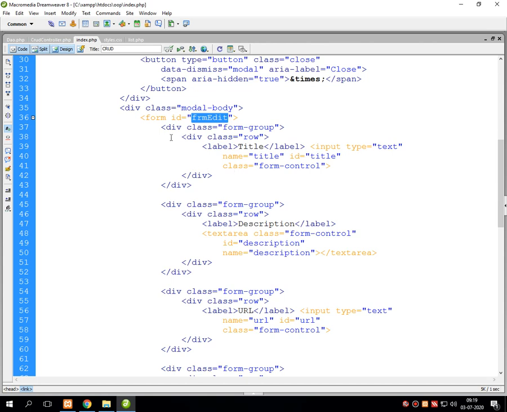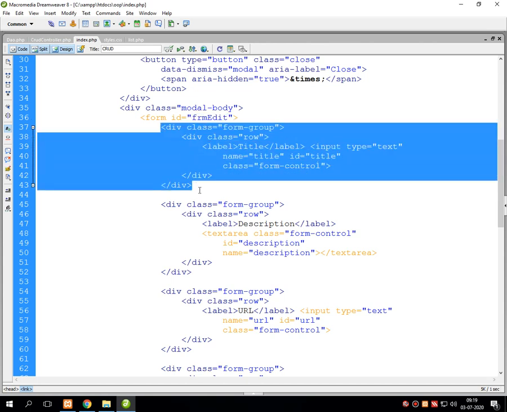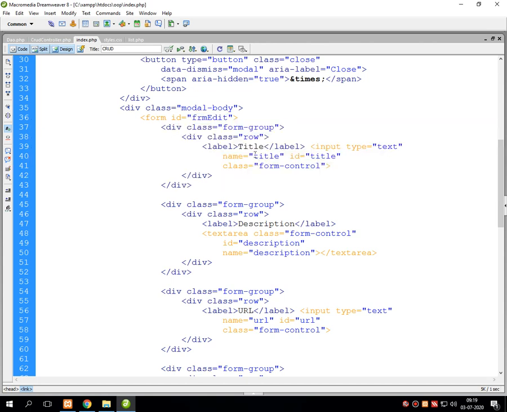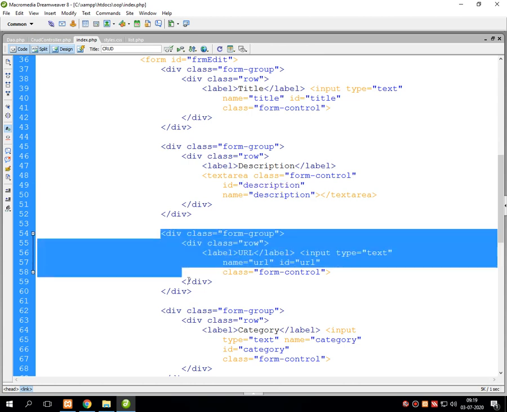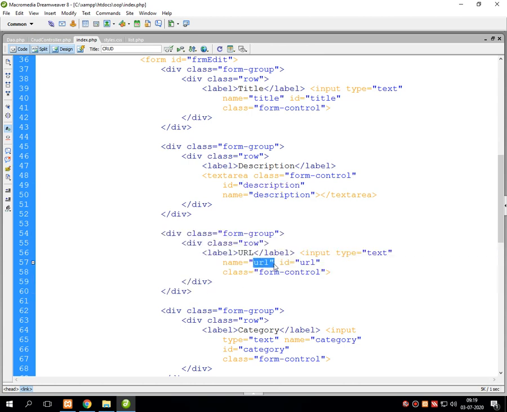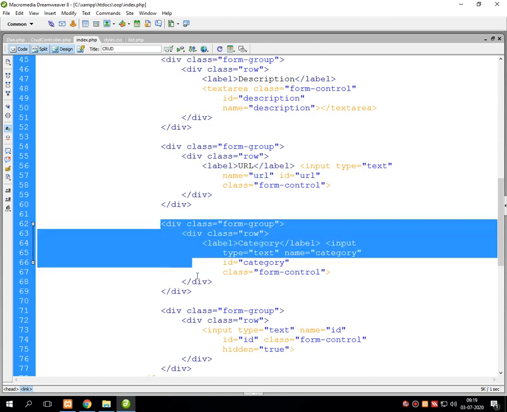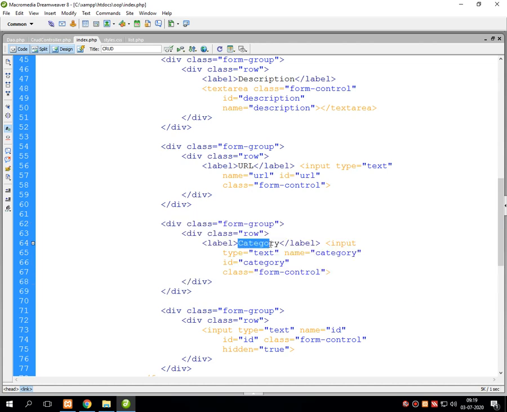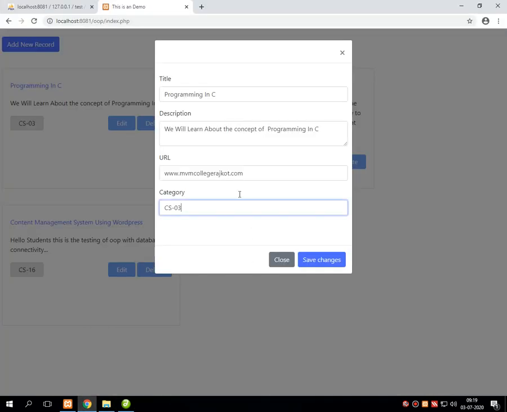So for that, the line of code that I have written over here is, this is for displaying title, this is for displaying description, this is for displaying URL, and lastly it will display category on this screen with two buttons, a button of close and a button of save changes.